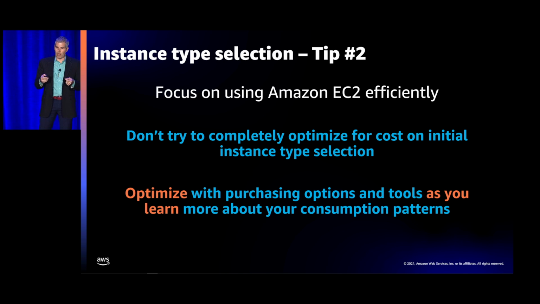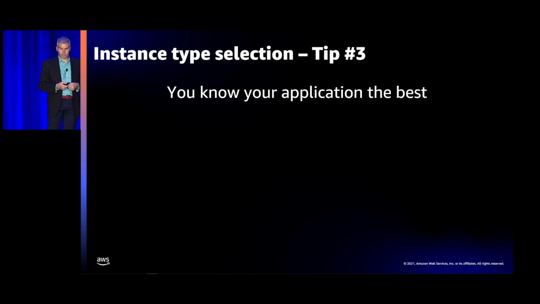You can use that optimization in our tools to learn about your own consumption pattern. The interesting thing about using some of the tools is we can help provide recommendations once you get started. So if you have optimized using M5 4XL, for example, we can even show you that maybe you should be trying out 2XL or XL or something like that. So once you get started and recognize what family and what your bottlenecks are, we can also use some of our tools to help you move forward.